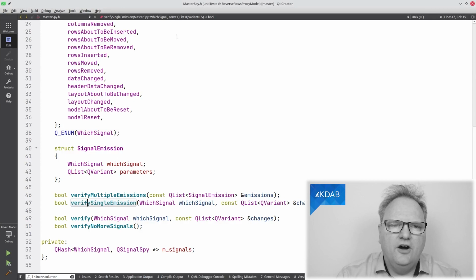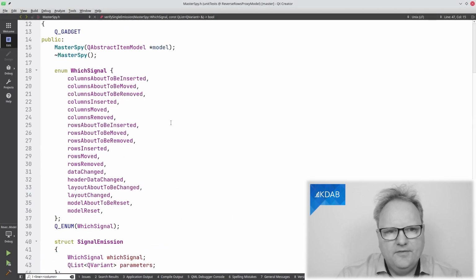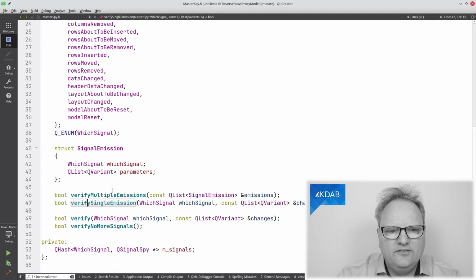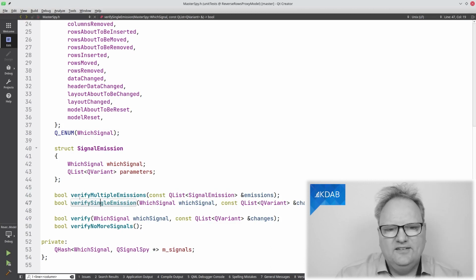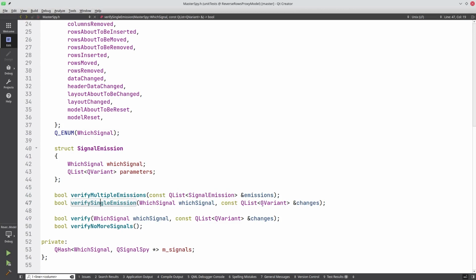The gut of the master spy are these two methods down here, and it actually boils down to just this one method here, because this is just a special case of the other one. But what it does is that it verifies that this particular signal has been emitted with these parameters here. And this verify multiple emissions is just verifying for a bunch or a list of signals that this particular signal with these parameters has been emitted.